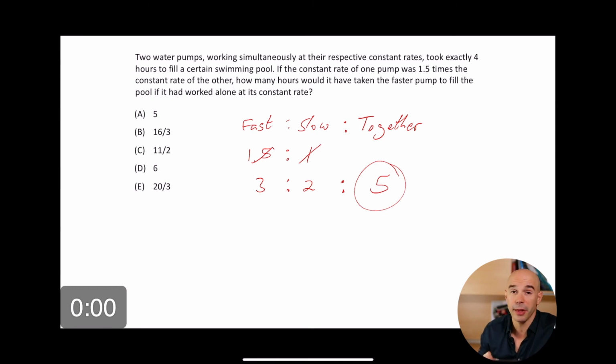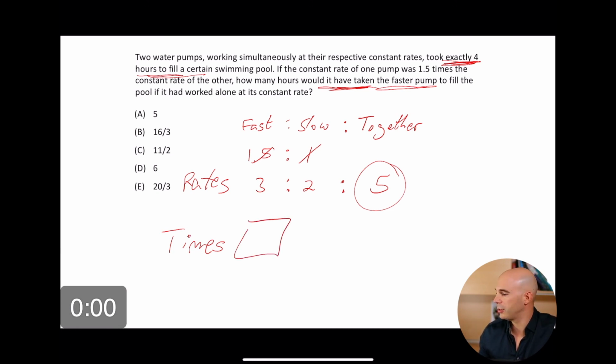Okay? Then we can say, look, I have some information about how long it takes them to do the job together. I want to know how long it would take just a fast pump on its own, so I need to have some way to compare how quick are they together versus how quick is the fast pump on its own. So if these are the rates, and I'm interested in the times, and I'm really only interested in the time for the fast pump on its own and the time it would take them together, because I have information about the together and I want to know fast pump on its own, you just do this kind of crisscross